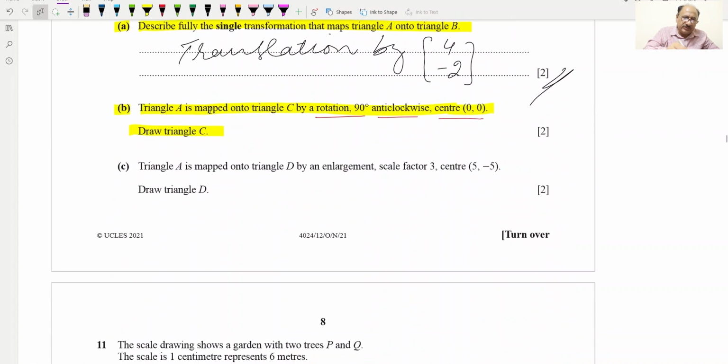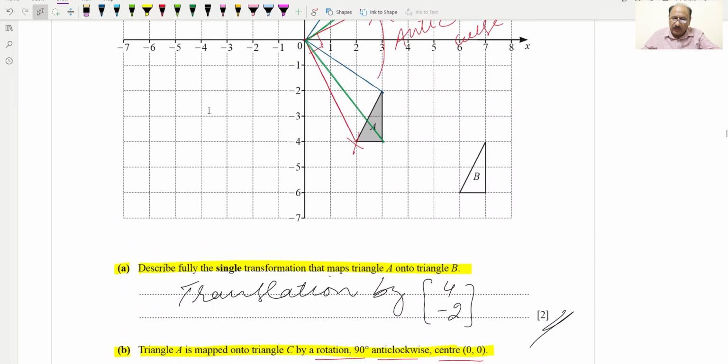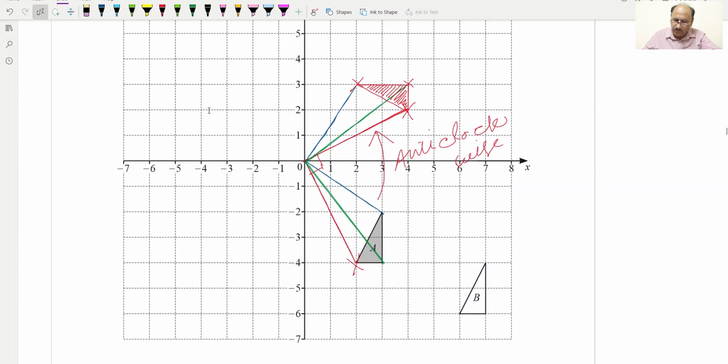Next is part C, and part C says triangle A is mapped onto triangle D by an enlargement, scale factor 3. Scale factor should be 3 and the center is (5, -4). Draw the triangle D. So first of all we will reach to 5 and minus 5. 5 and minus 5 is which point? 5 and minus 5 is this point, and